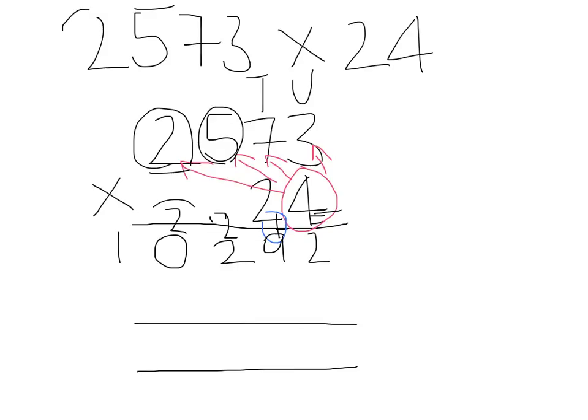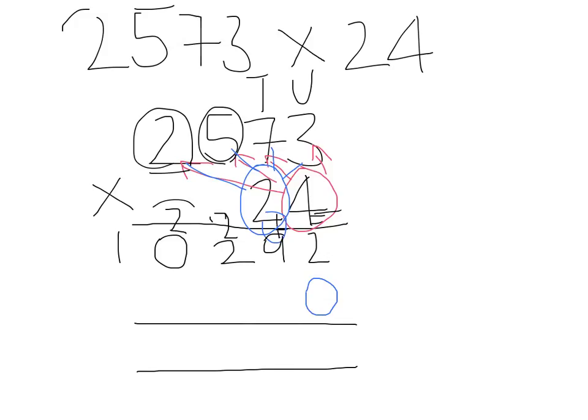Okay, I've now done multiplying by the 4, so I'm going to next multiply by the 2. And I'm going to multiply all of the numbers. 2 multiplied by 3, multiplied by 7, multiplied by 5, and multiplied by 2. But it's not actually 2 that I'm dealing with, it's 20. It's part of the 24. I've already dealt with the 4, so I've got 20 remaining. So I can deal with it as a 2. I put a 0 down here in the units column, and then I can deal with it as though it's